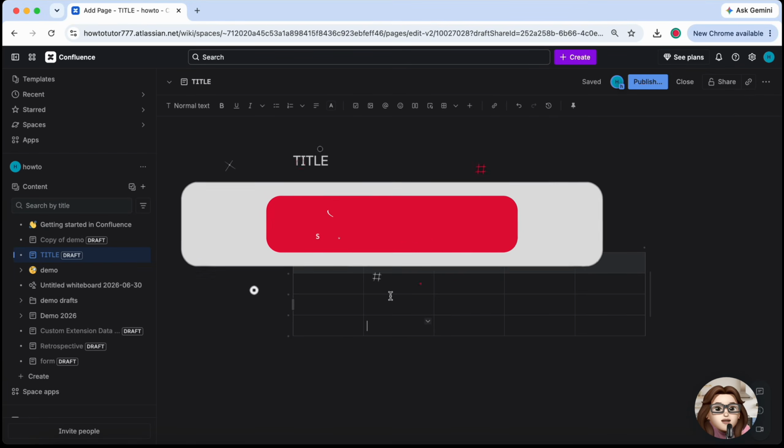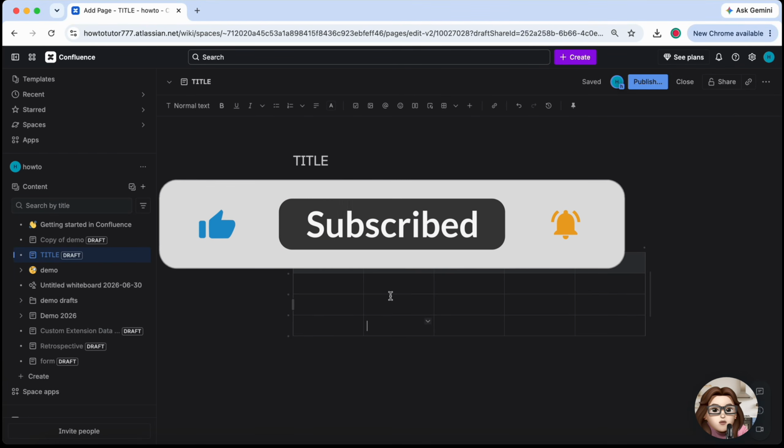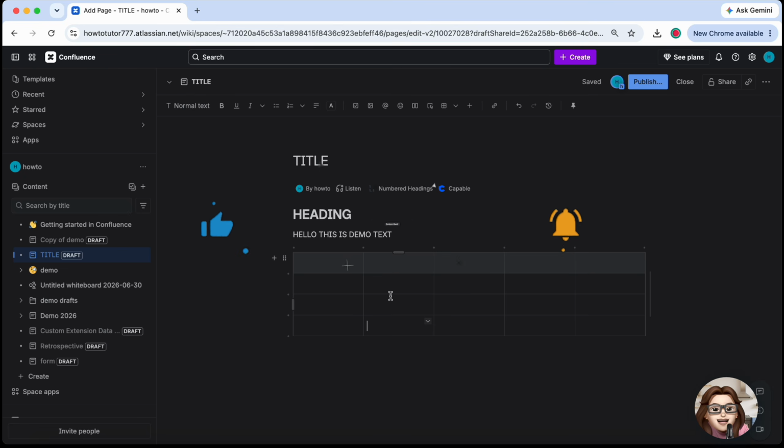In this tutorial, I'll show you how to resize table columns in Confluence. By the end of this video, you'll know how to adjust column widths to create cleaner, more organized tables that are easier to read. First, open the Confluence page containing the table you want to edit and click Edit to